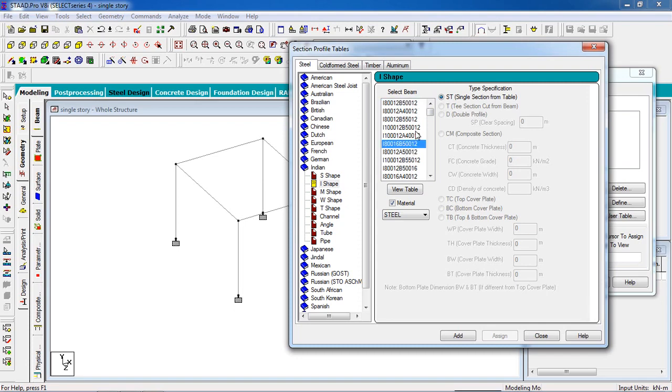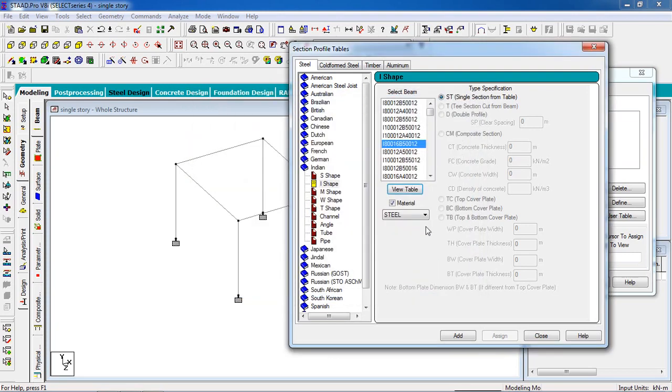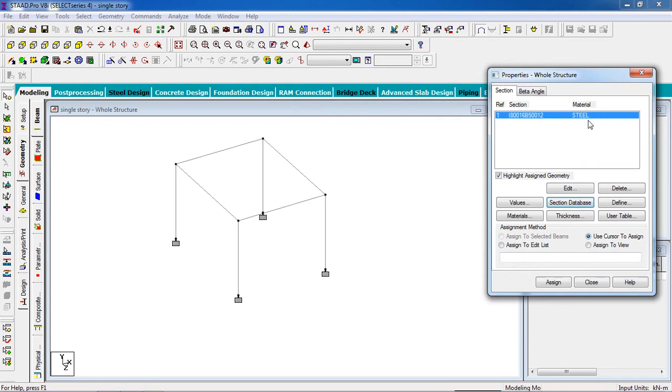You can select any section you want. Then click on add. If this section doesn't pass design, STAAD will automatically change it to a suitable section.